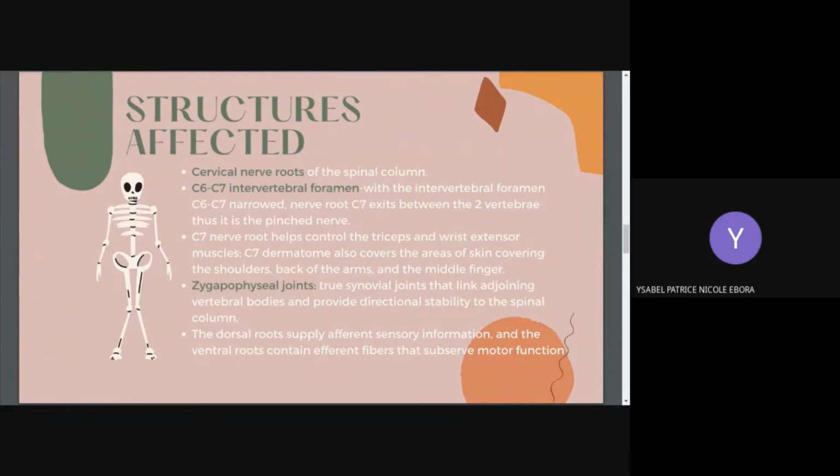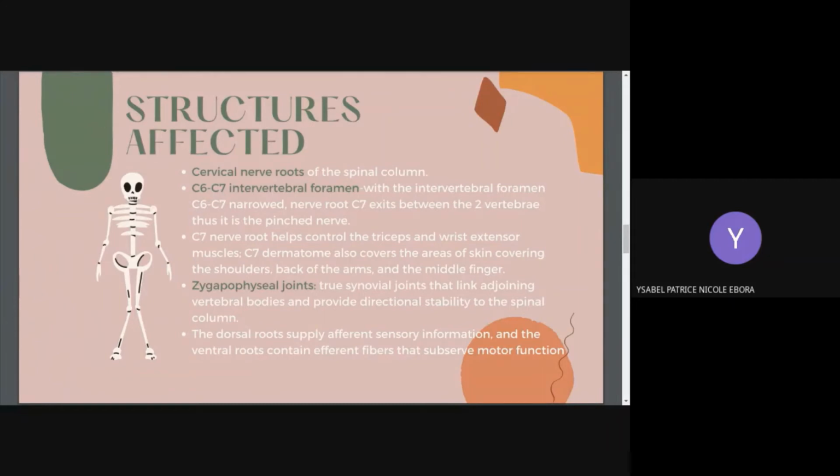With the intervertebral foramen C6 to 7 narrow, nerve root C7 exits between the two vertebrae, thus it is the pinched nerve. This is why the patient complained of pain in the neck that radiates down to her left hand, accompanied by a feeling of weakness on her left upper extremity. The patient also complained that the pain radiates down to her left hand from her neck. This is because C7 nerve roots help control the triceps and wrist extensor muscles, which is why the patient can experience weakness in these areas affected, varying by the cervical nerves. Now, the C7 dermatome also covers the areas of skin covering the shoulders, back of the arms, and the middle